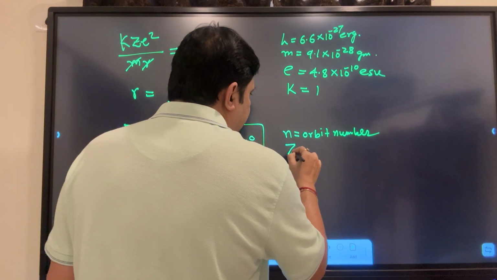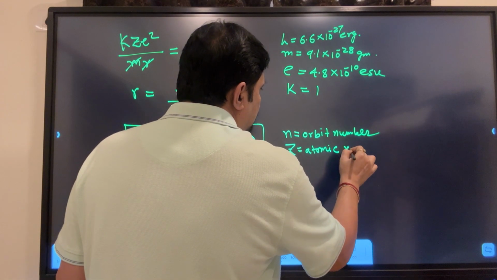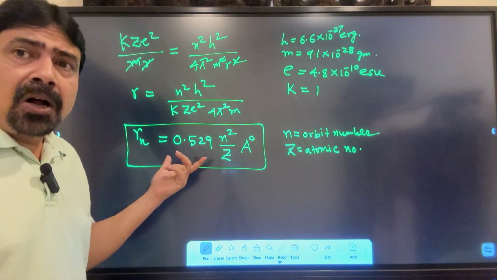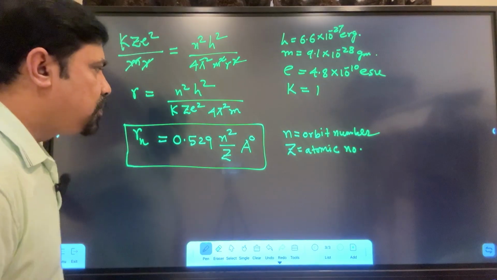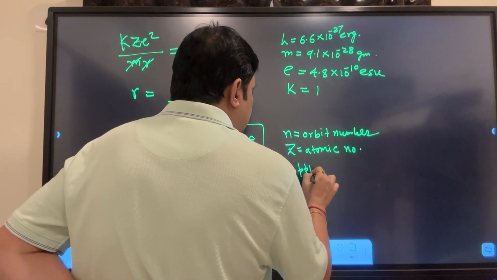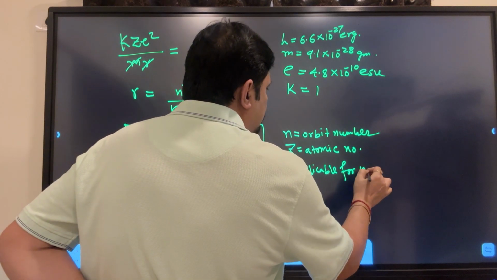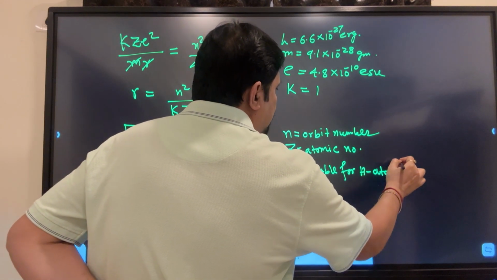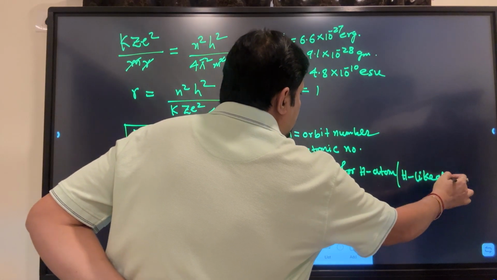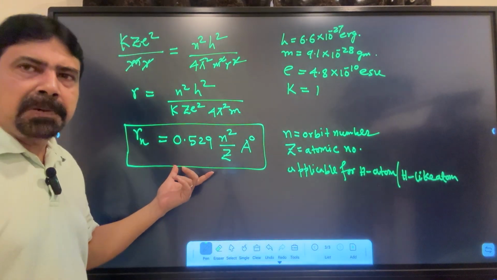Z is the atomic number. This Bohr model is applicable for hydrogen atom or hydrogen-like atoms. That means now we will go for the different explanation from